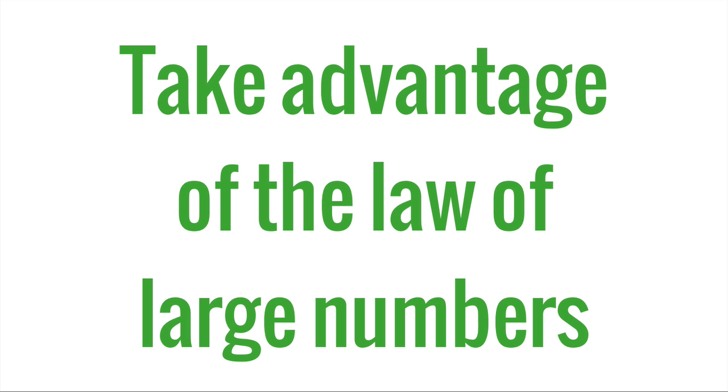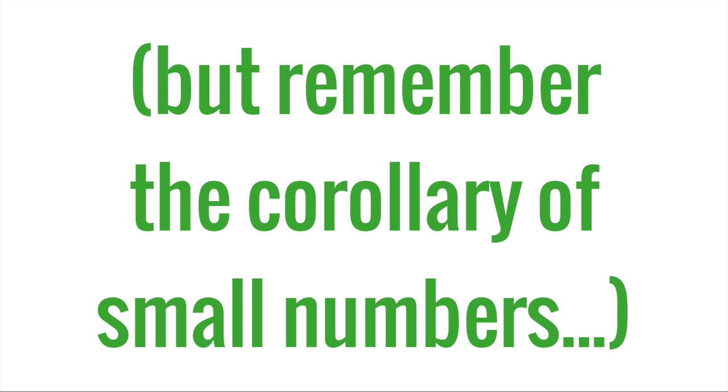We're taking advantage of the law of large numbers here. Over time, if we estimate enough stories, our mistakes will hopefully average out. On the other hand, there's also the corollary of small numbers, which is that if you have a lot of 1-point stories, it's very easy to blow up your average by having one of them turn out to be a lot more complex than you thought, and it's hard to make that up if all of your stories are 1 or 2 points. So that's something to be aware of when you're dealing with a long-term project and trying to split the project up into very small stories.